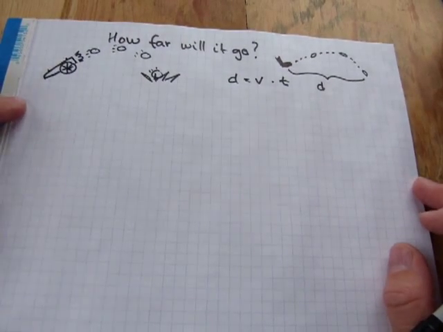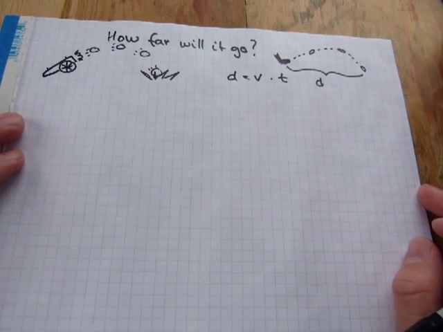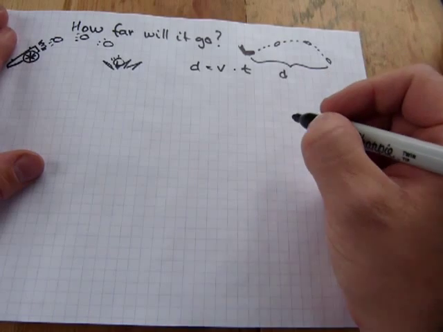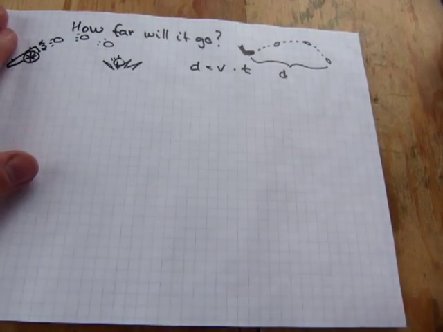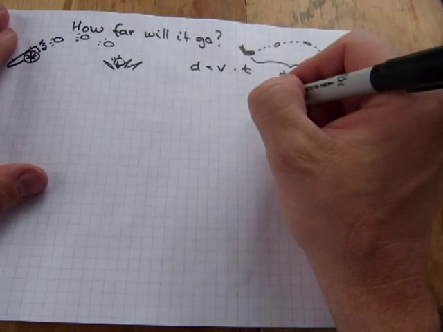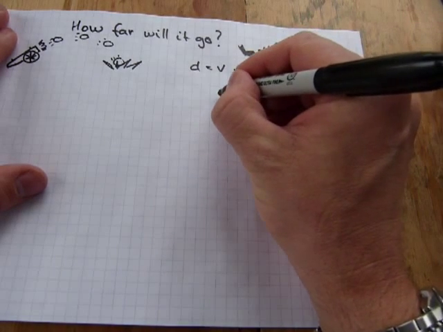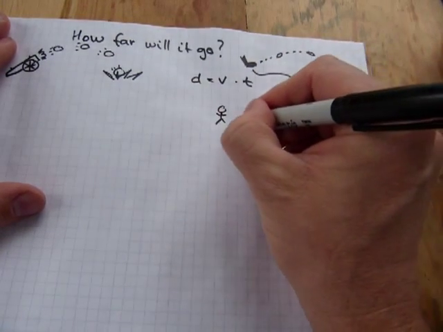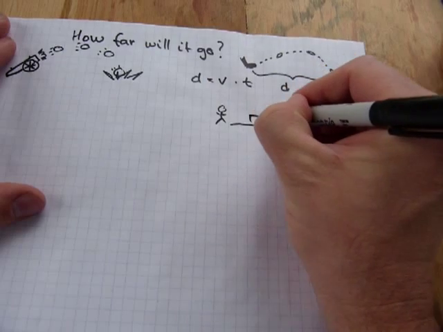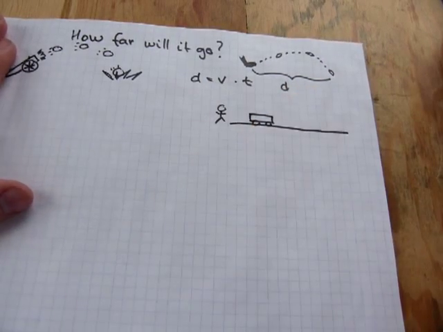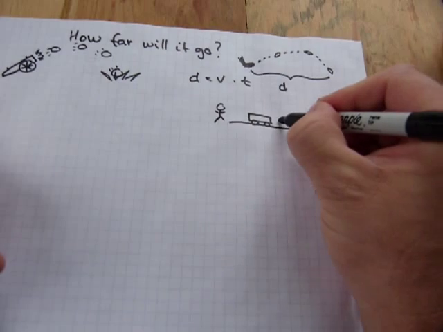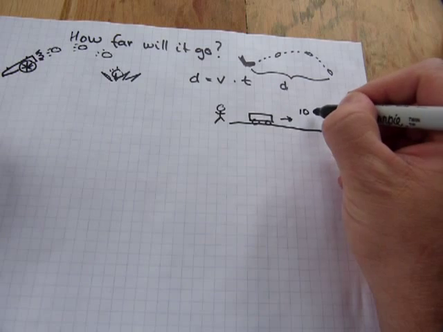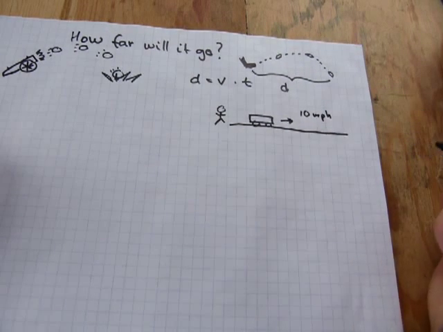Say, before we calculate this one, there's one more concept that you need to be refreshed on: the direction of motion. Let me just draw you a simple situation. Here is an observer standing there. This is a road and that box is a car. If this car is traveling at a certain speed, say 10 miles per hour in that direction,